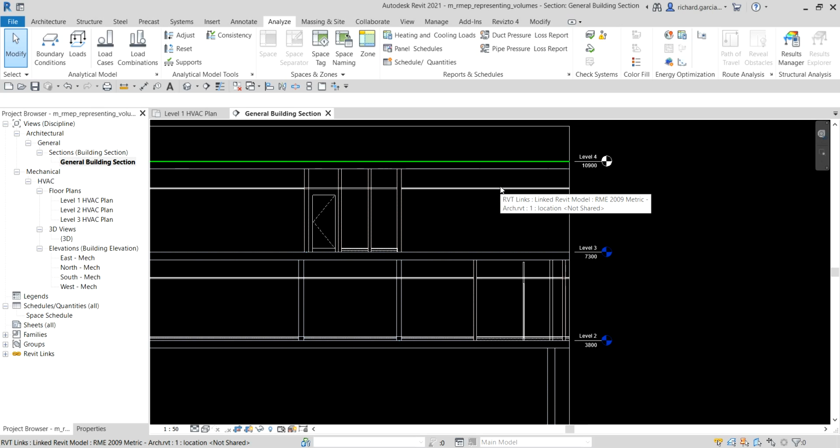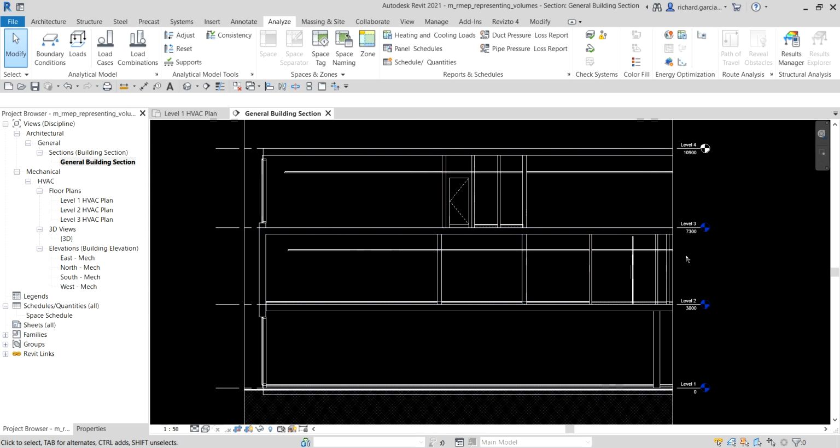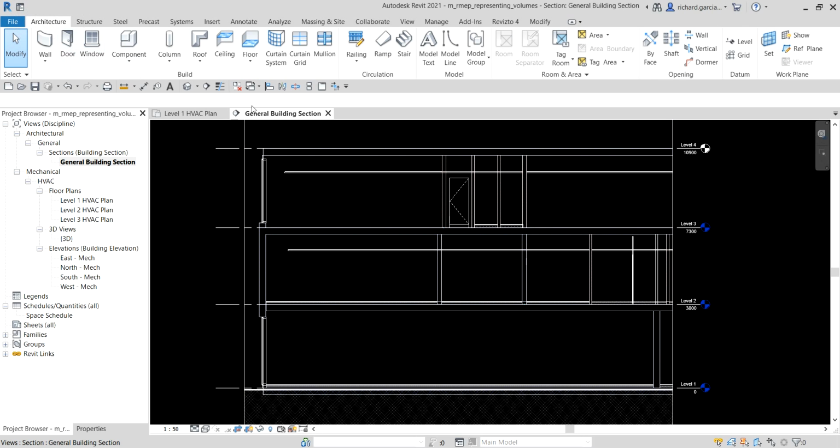So what I'm going to do is, I'm going to create a level here. Okay, so I'm going to create a level for the plenum here. So how to do that? I'm going to select the architecture, and then I'm going to select your level.